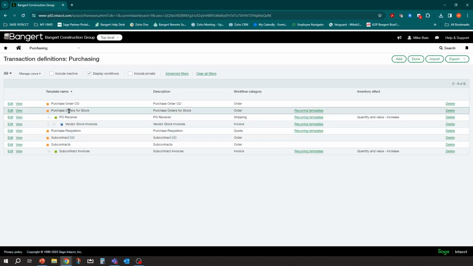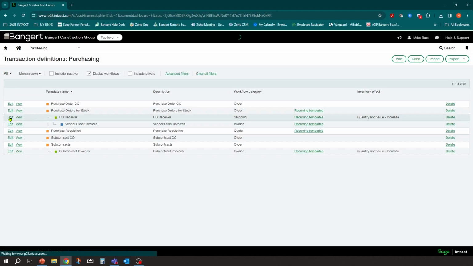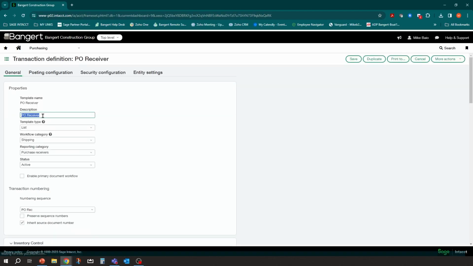Okay. So then just to kind of go through and recap the next step, what is the next step in the process? Well, once we do the purchase order in the system, it's going to get delivered into the warehouse, and somebody's going to be responsible for receiving those PO items into warehouse. So the next definition you might want to do is create a receiving definition. Call it whatever you want. This one's called PO receiver. I'm going to click edit here on it.